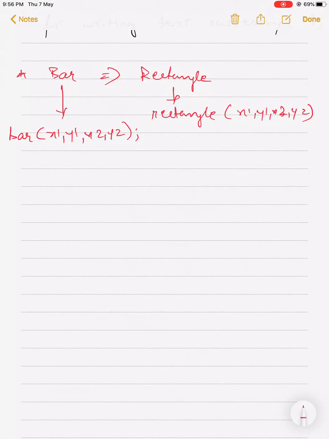Here the bar is created like this: x1 and y1, and this will be your x2 comma y2, similar to that of rectangle, top left coordinates and bottom right coordinates. Clear? Then you can do whatever you want like with a rectangle.